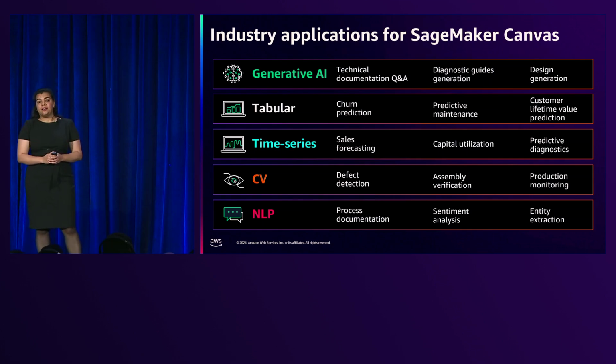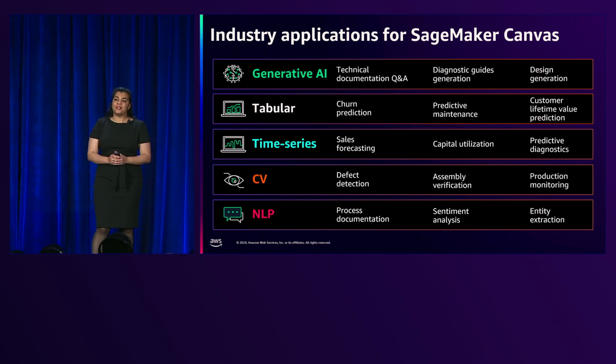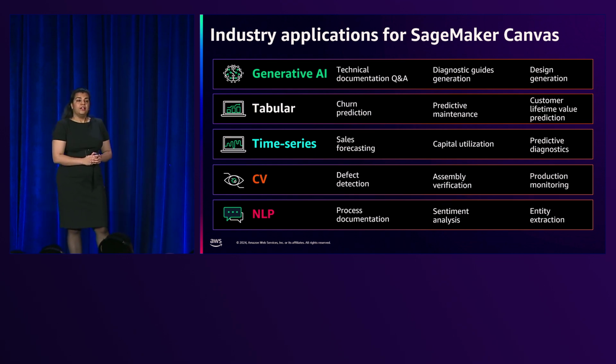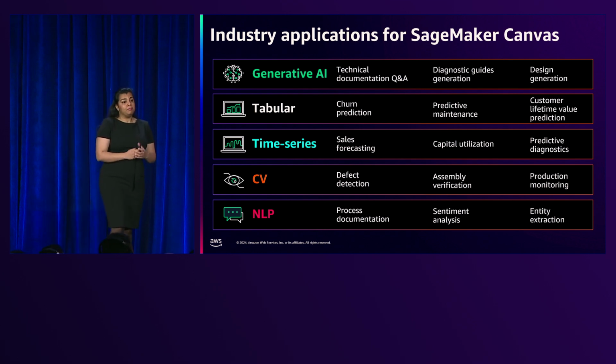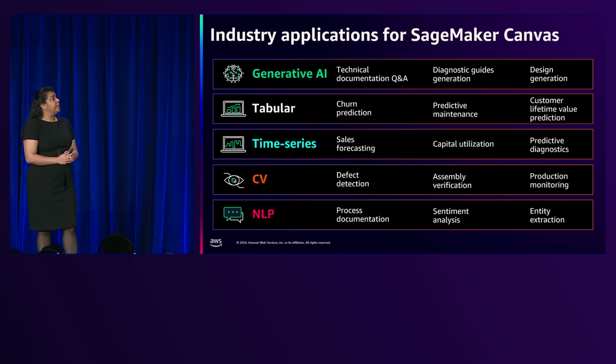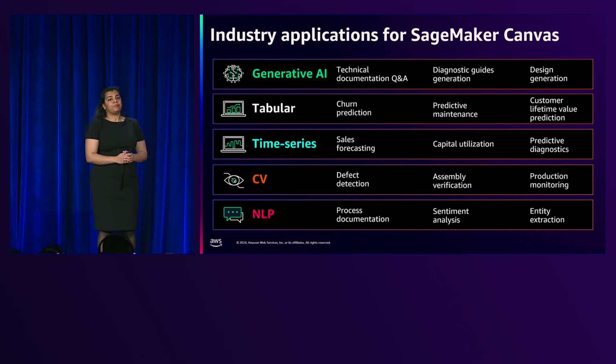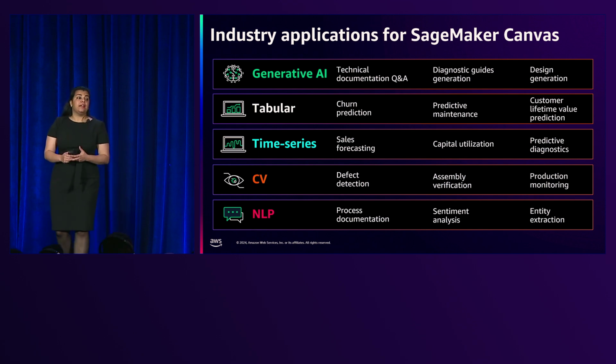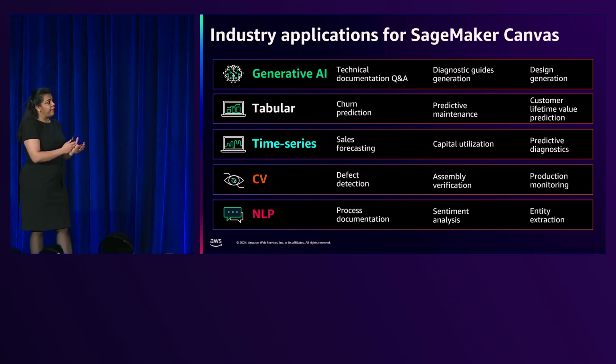Our customers are using models built with Amazon SageMaker Canvas across a variety of domains and use cases. They're using their fine-tuned models with generative AI to do technical documentation Q&A, build diagnostic guides. Using their tabular and time series data, structured data typically, they're building churn prediction models, predictive maintenance, sales forecasting. And then with their unstructured data, they're building computer vision and NLP models to detect defects, to do sentiment analysis